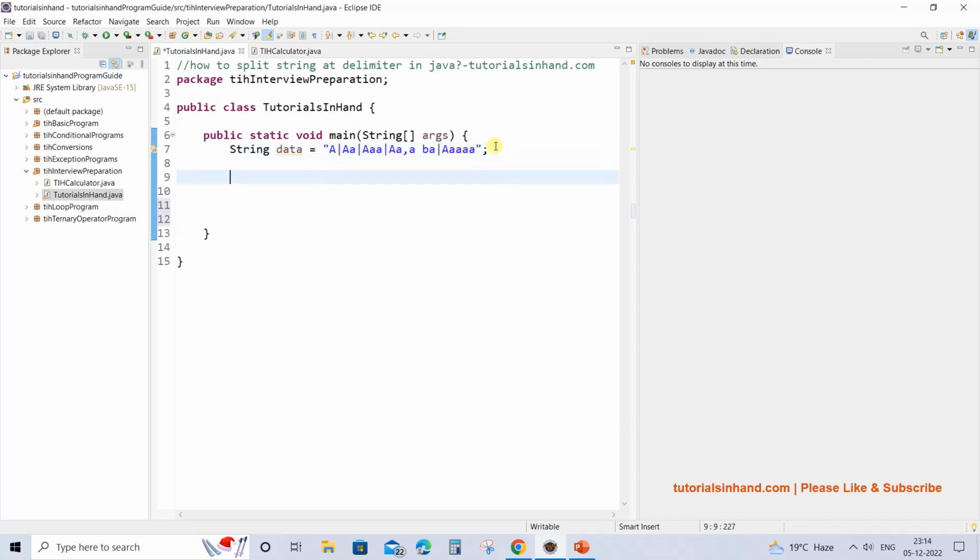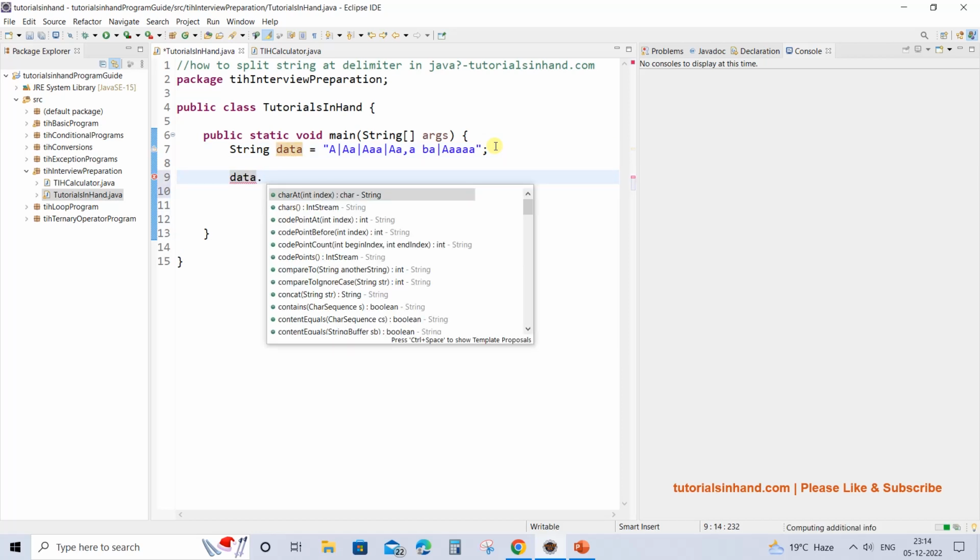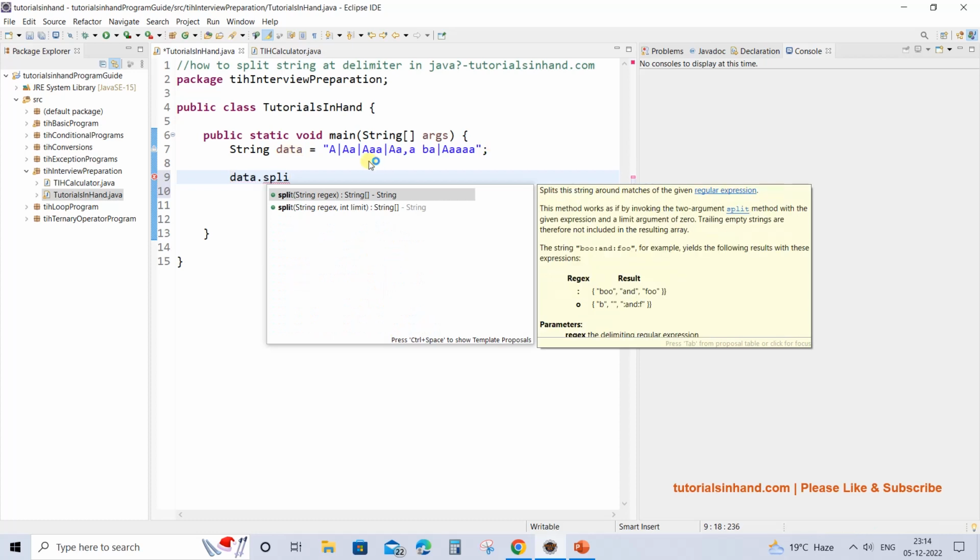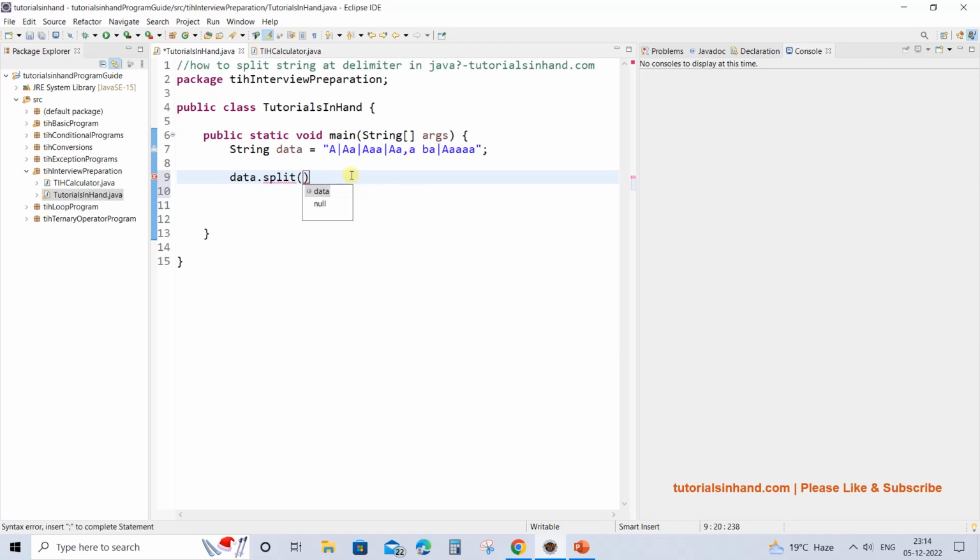For example, if we want to split the string, we use the method data.split. On the string that you have created, you can apply the split method. You can see there are two overloaded versions of split. One accepts just one parameter and the other accepts two parameters. Currently we are going to focus on the one that takes a regular expression, and here we provide the expression on which we need to break